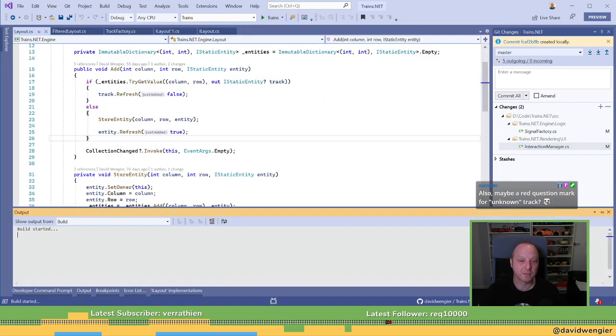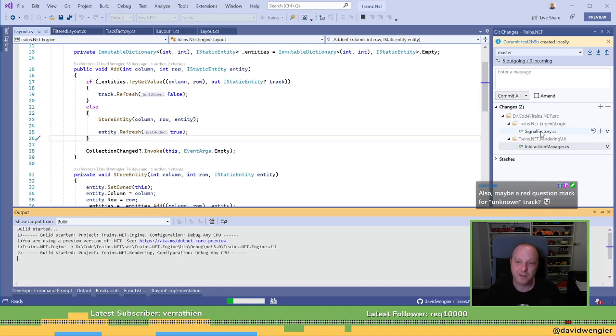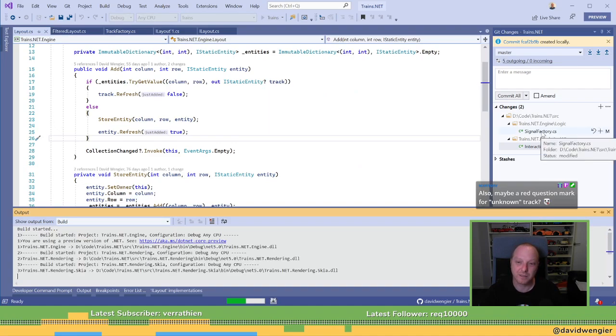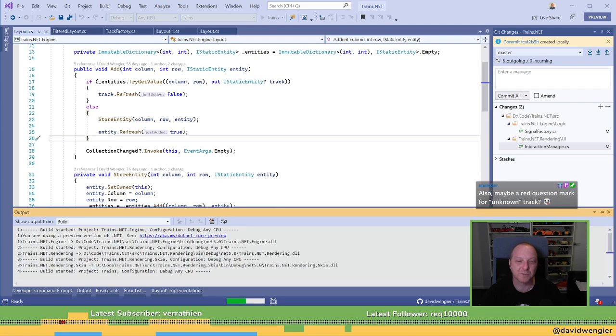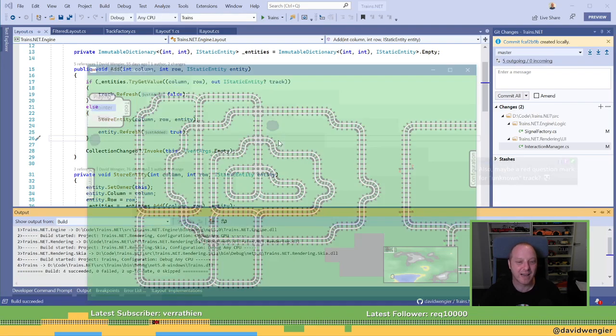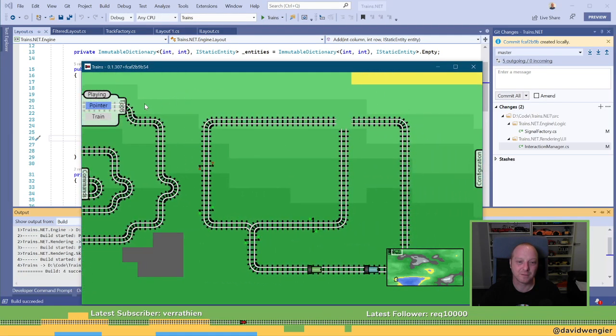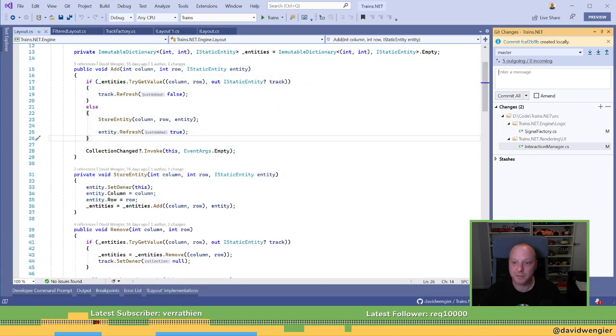All right, let's just make sure this works, because now I don't know what I've done. What was the thing I fixed in Signal Factory? Oh, that's right. There was a signal stuck at the end. See, that shouldn't happen. Oh, but I guess I can. You can just erase. Oh, there you go. I got it to happen right then. Just like that. Okay, cool. That'll do. I'm checking it in.